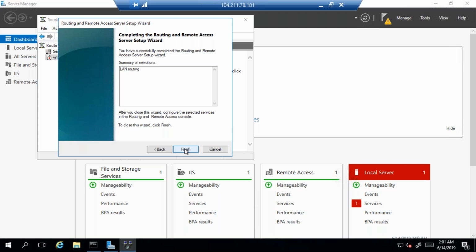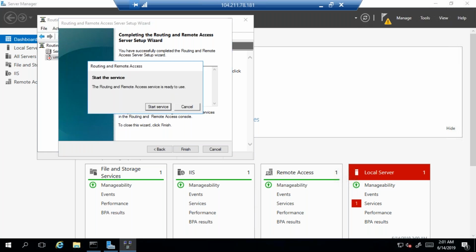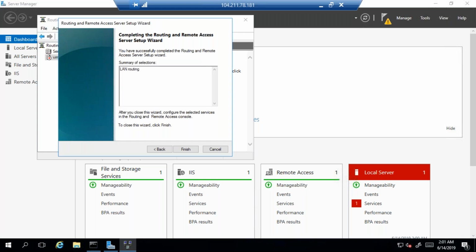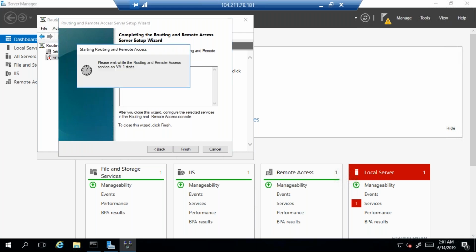So whatever traffic comes to this particular machine, it will be able to read. So it is starting the service. Let it start.